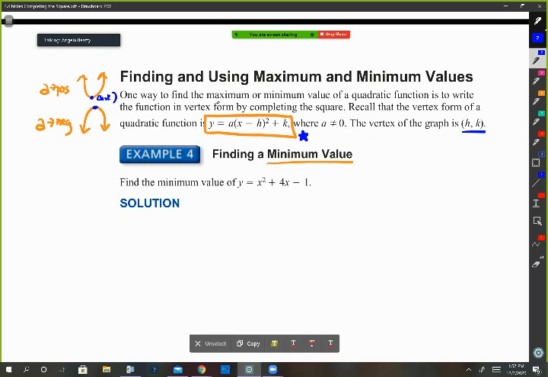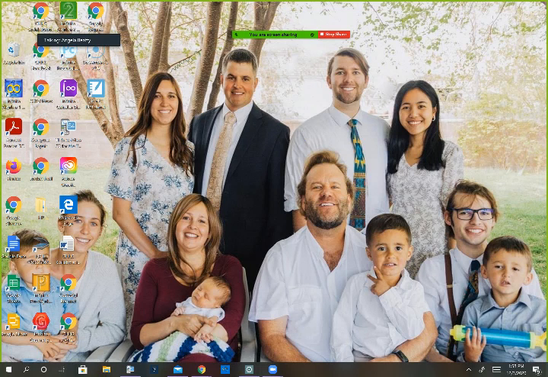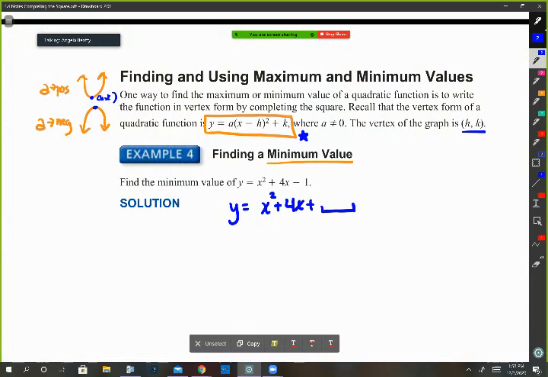And your formula is always the same. It's always x minus h squared plus k. And for us, we want A to be 1 or negative 1. So as I look, my very first thing that I'm going to do is I'm just going to rewrite. And remember, I want to complete the square. So I'm going to try to figure out what goes here to make it a perfect square. So I'm going to add a value here. And because I'm going to strictly use or manipulate the values on the right-hand side of the equal sign, I'm also going to